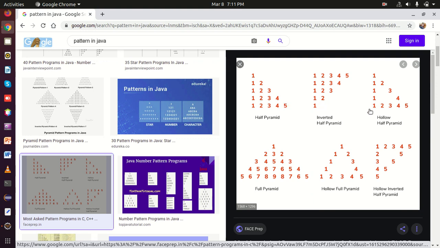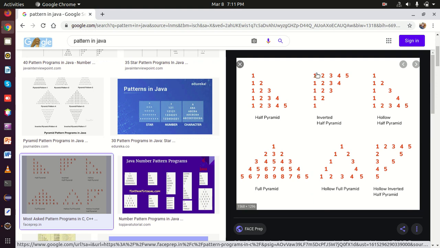We have to write the logic or code in Java programming language such that the program will be able to print this type of pattern of numbers. Okay, so we are going to write the program in Java.